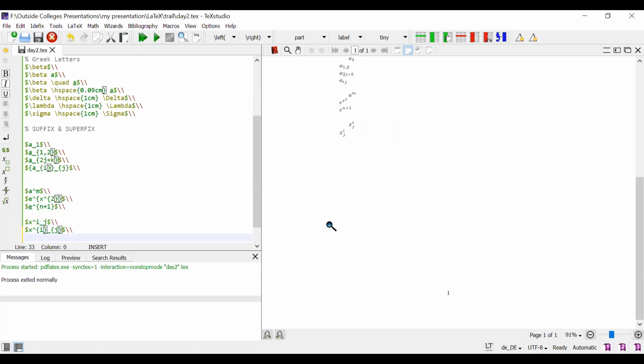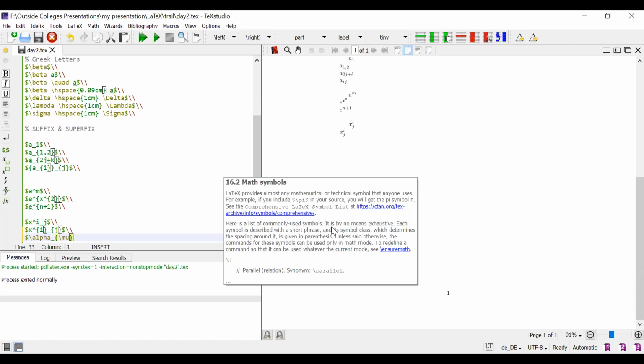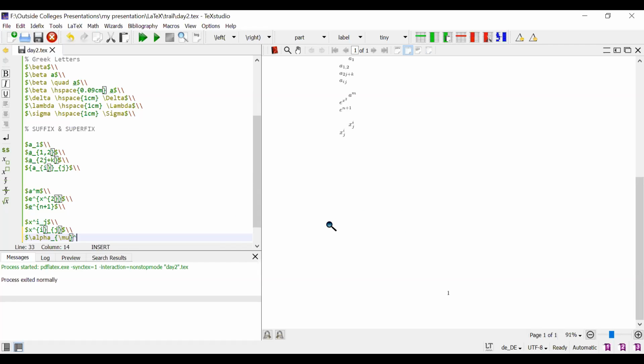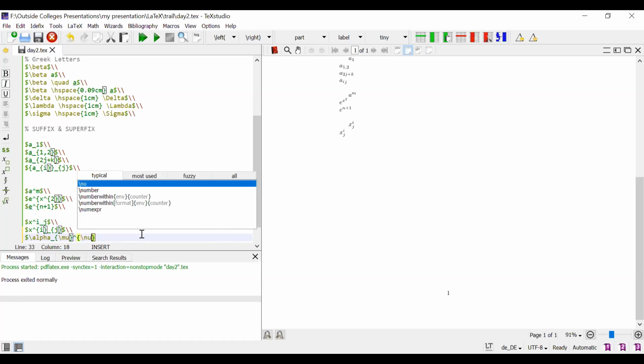Now I'm going to write one more symbol, that is alpha underscore mu, again the superscript of mu nu plus 2, and dollar symbol.